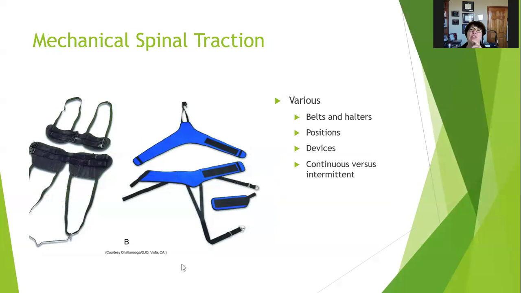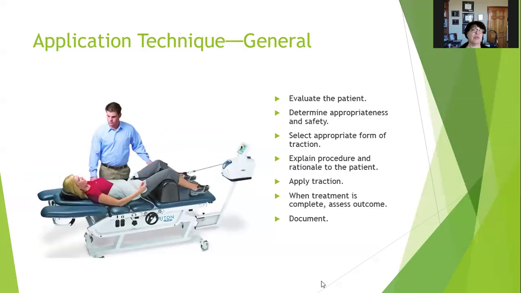So mechanical traction, there are various kinds of belts and halters and positions and devices, continuous versus intermittent. When you look at the charts in the book, and we'll do this in lab, it'll recommend when you start with continuous, when you start with intermittent. So you'll see in some of the photographs, like this one, for lumbar traction, if you want someone in